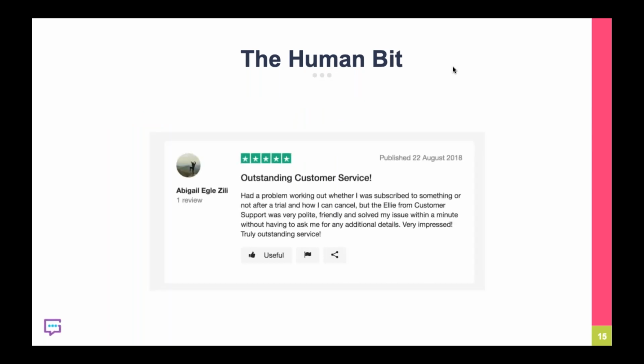And what that results in, and this is the same retailer, different customer service advisor, is something I love. It's the use of the word Ellie. This is now personable. It isn't just thank you for a great service, that was fantastic. The fact that Ellie is being mentioned, for me as a consumer, I trust this now, because knowing that customer service advisor's name makes it very different. So just do me a favor and consider advocating your customer service team,